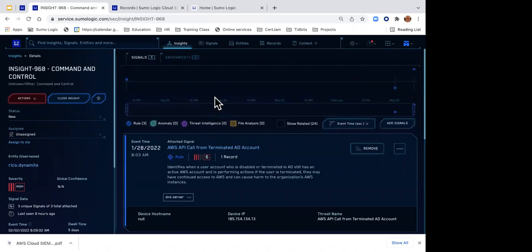Now, again, on this timeline, I see there's signal number 1. It's a little higher than 0 in value. My second signal was a little lower as far as value severity score. And my third signal was very severe. Okay, so I can see the relative severity scores of these. Now, my goal here is to investigate and figure out what the heck's going on.